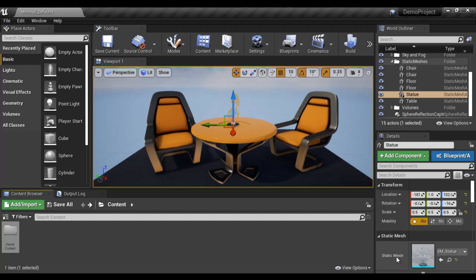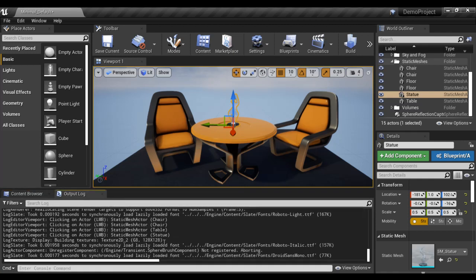And then we have the details panel. It displays the properties of a currently selected actor, and it allows us to modify the properties. And we have the content browser window, the place where we import all the assets required while making the game, and it allows us to manage the assets. The output log window, the place where we display all log messages, guys.